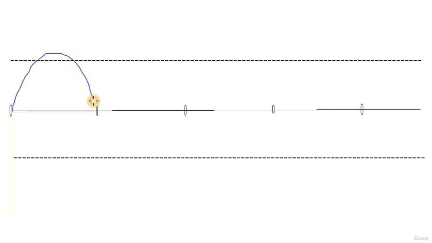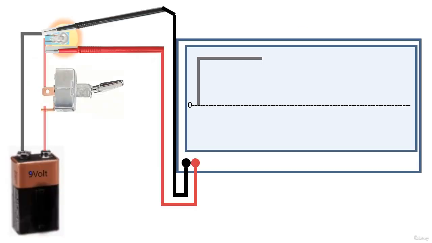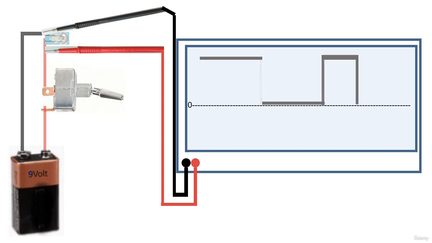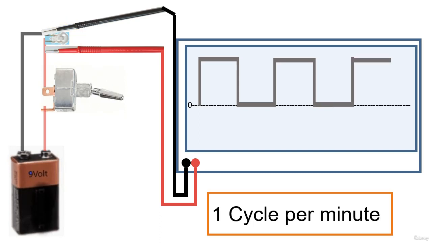Let's talk about frequency so we can have a better understanding of alternating current. If we were measuring a DC voltage supply in a circuit with a load and a power switch with an oscilloscope, we would see its frequency waveform. If I turn the switch on to allow current to start flowing for 30 seconds, then turned it back off for 30 seconds, then turned it back on, and continued doing this every 30 seconds, the frequency is 1 cycle